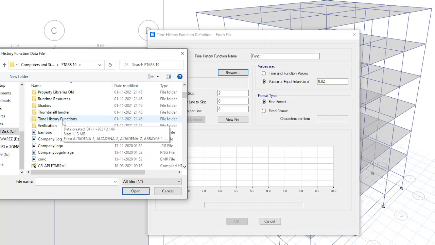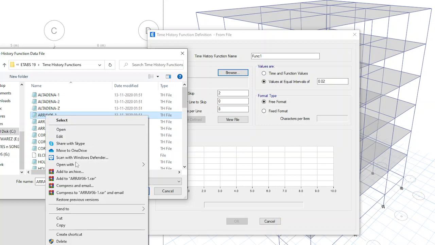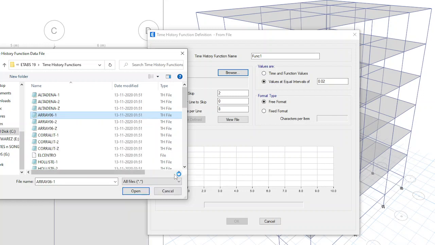Are you able to see that? C drive, program files. In the ETABS folder, you have time history functions. You have Computers and Structures in program files.